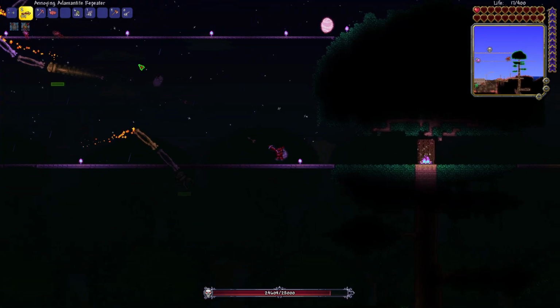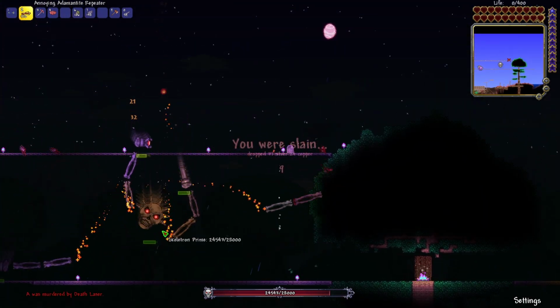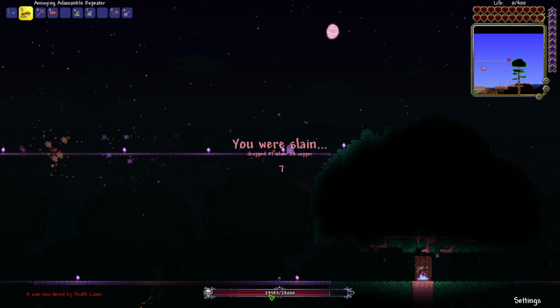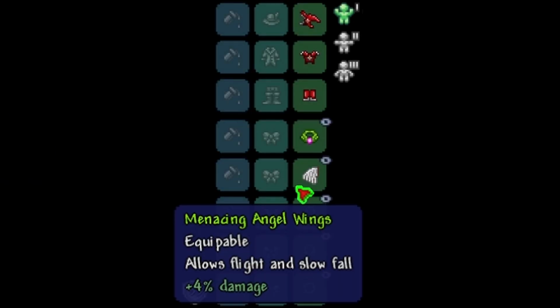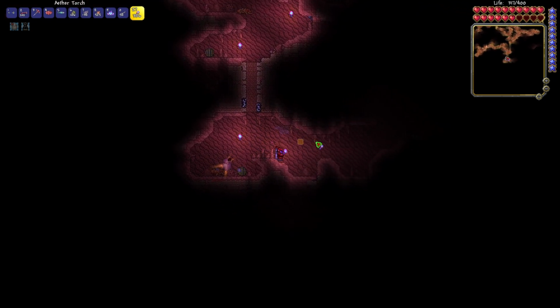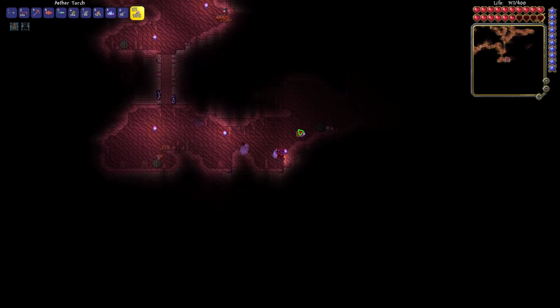We are about to die. And even still, the damage is just not there. Only got him down less than 4,000 health in that entire time. And seeing how that fight went, I knew it was time for an upgrade, so I only had 2 accessories at this point. So I looked around a whole bunch in my world to find a couple of accessories that I needed, and I couldn't find them,